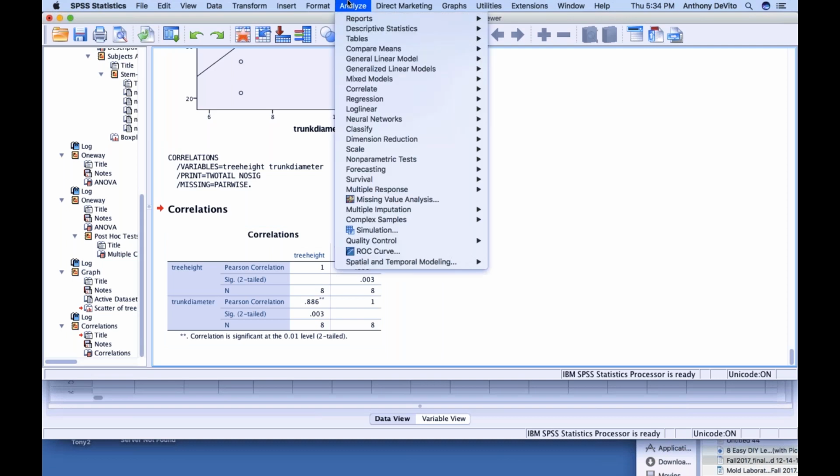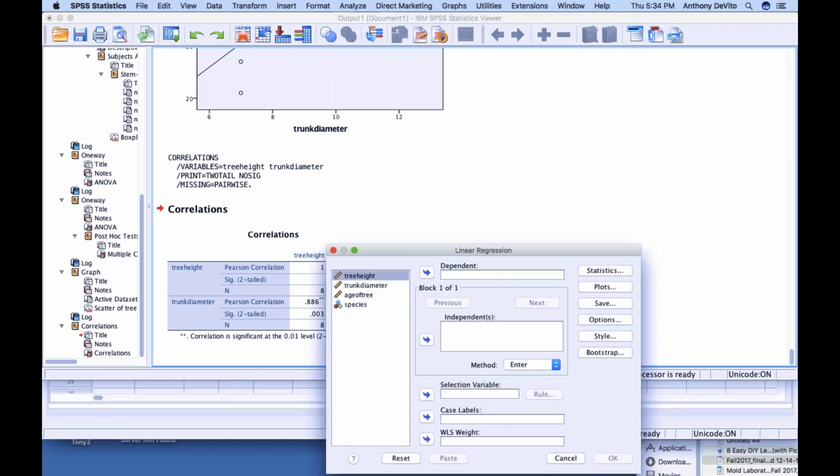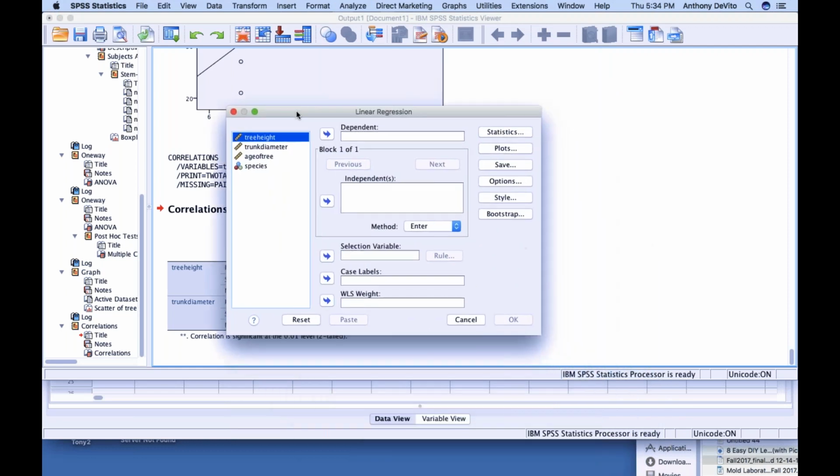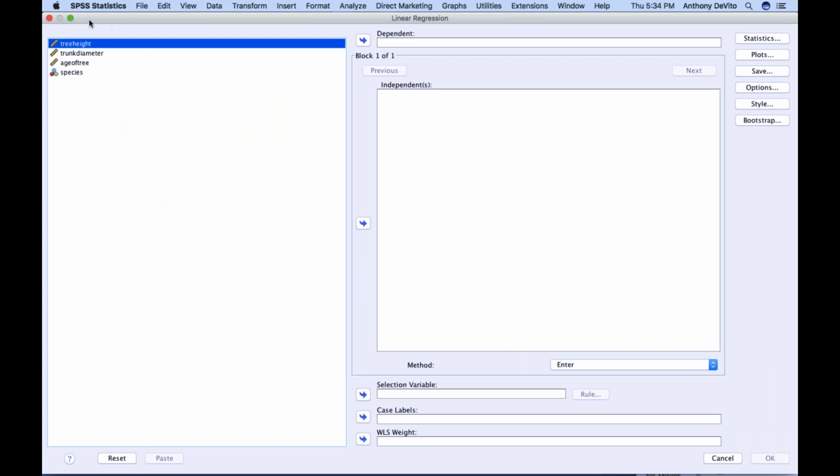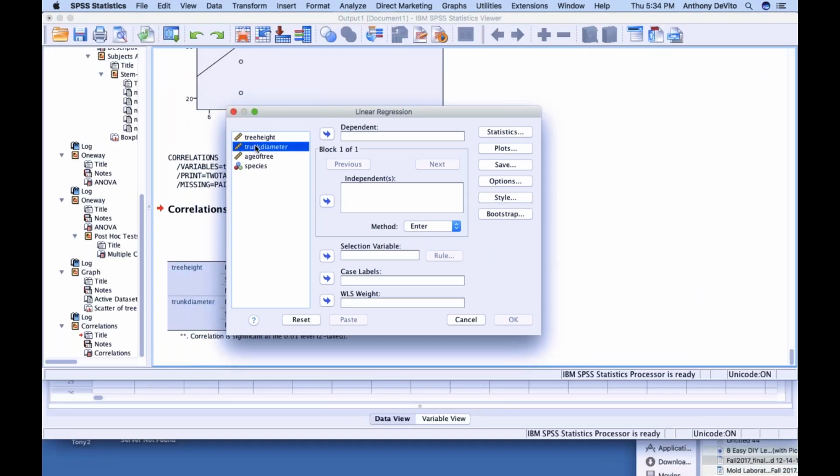So now let's take a look at where we can go from there. Now I'm going to go to Analyze, Regression, Linear. And I'm going to do the same thing, except this time, SPSS wants to know which of these two variables is the predictor and which is the predicted. So the independent variable, the predictor, is the trunk diameter. That's the one that I'm going to use as a predictor value. And the dependent is the tree height. That's the one that I want to predict. Okay, so I'm going to click OK. It's going to calculate our